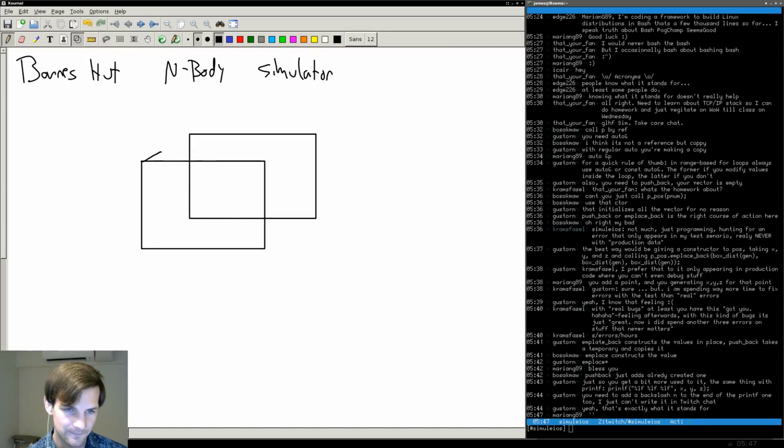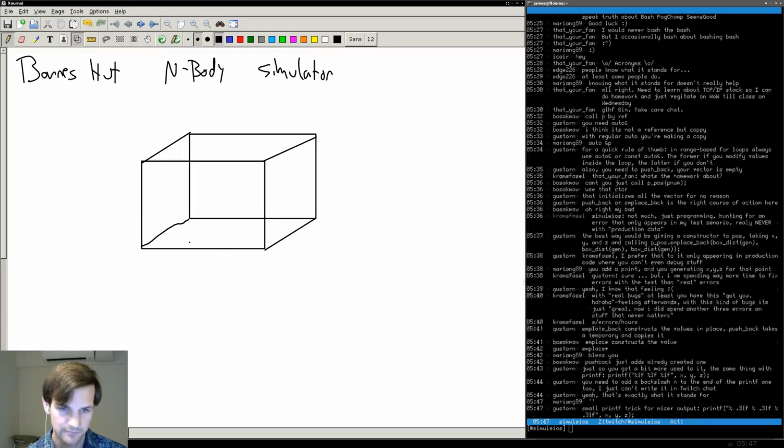Got it. Let's draw a line there, there, there, and there. Here's our box. There. We'll put a whole bunch of particles inside of it, which I will draw in red. Just these are all inside of the box. Okay. And then what we do,